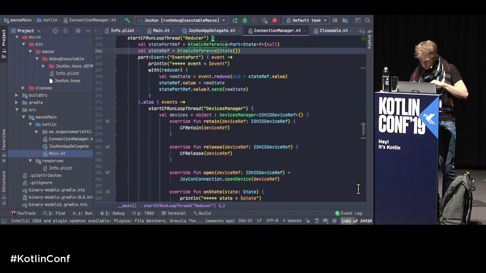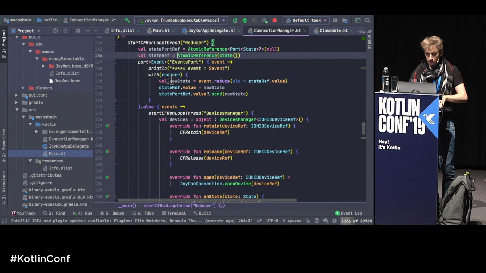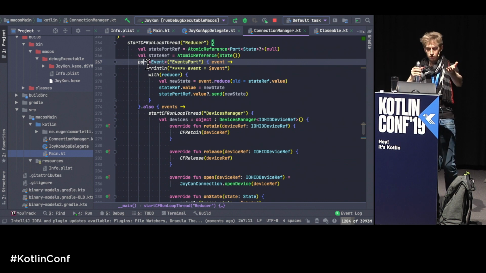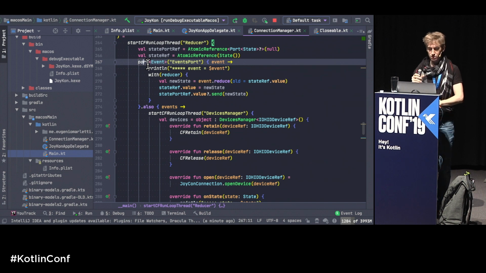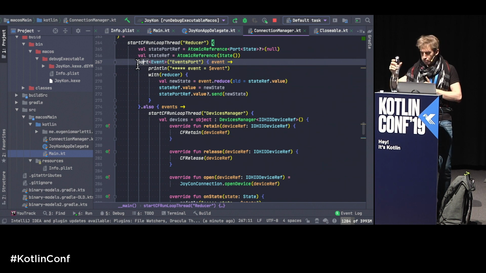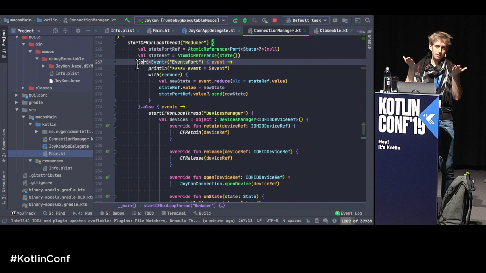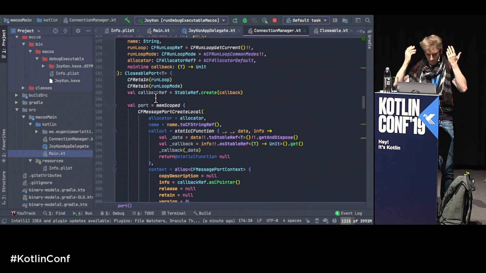Once we have that, in order to use the platform, I started digging in documentation: how do you send something on a loop in a different thread? There's a bunch of things. The easiest way, I guess, is to create a port. The way it works is that you can stop a loop by either having a timer, which is time-based, or a source, which is a source of events that can make the loop process stuff. Otherwise, the loop would just wait forever. If you don't have any sources, actually, it closes down. So you create a port, and this is, again, like a helper, essentially,